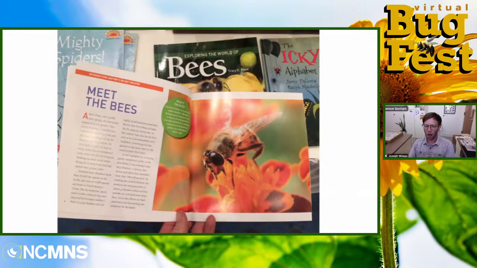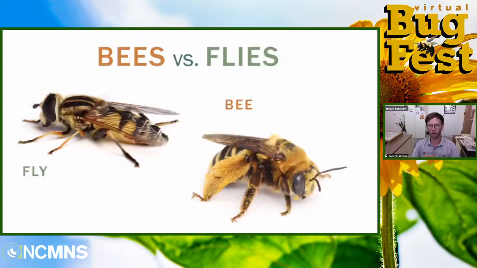And in fact, one of the most common mistakes I see is mistaking a fly for a bee. If you saw the previous talk, that presenter showed some pictures of mimicking flies in his backyard. So I want to take some time to talk about the differences between flies and bees, and especially the flies that look like bees. So we have a fly on the left, a bee on the right. If we were together in person, I would ask you to yell out, what are some differences you see? I see in the chat, some people are noticing some differences.